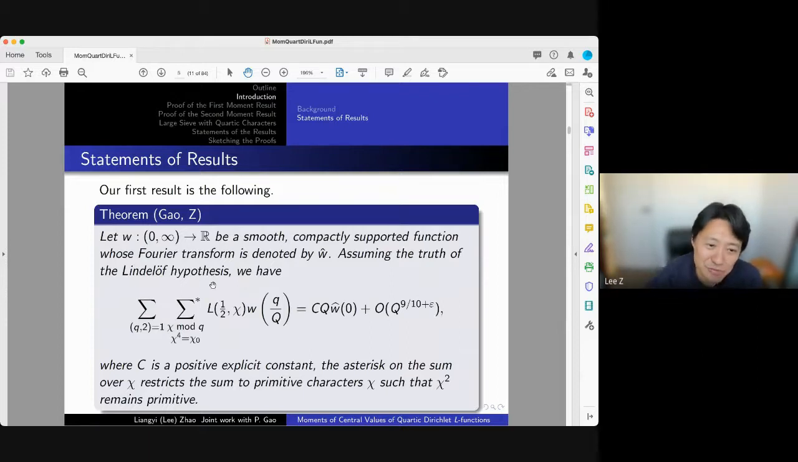So let W be a function from 0 to infinity to R, and it's smooth, so it's infinitely differentiable. It's got compact support. And let's call its Fourier transform W hat. So we assume the Lindelöf hypothesis. Well, okay. If you don't know what the Lindelöf hypothesis is, it's basically a bound for the L function